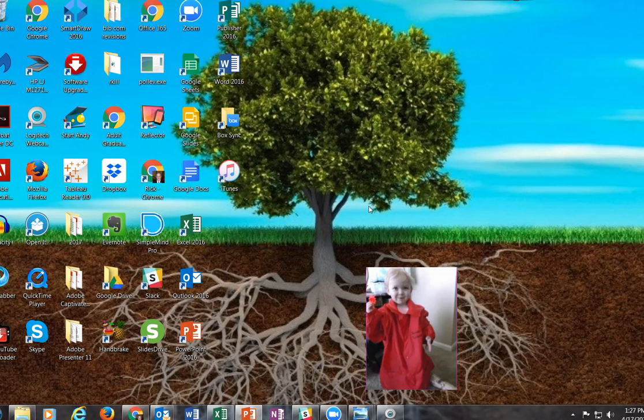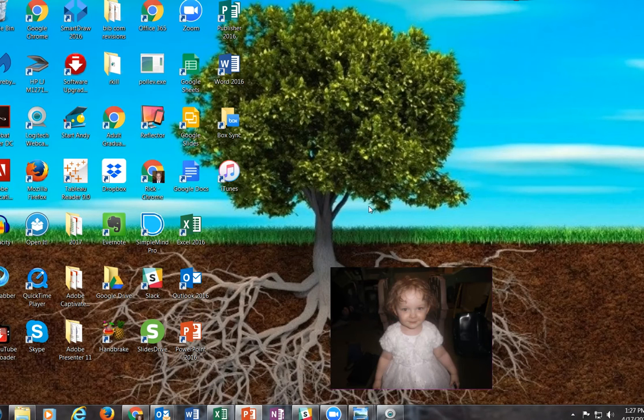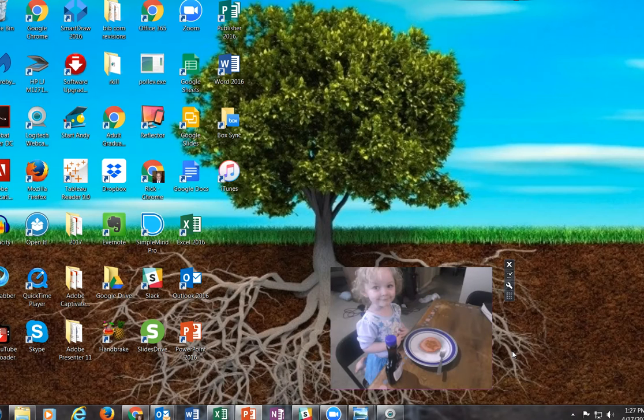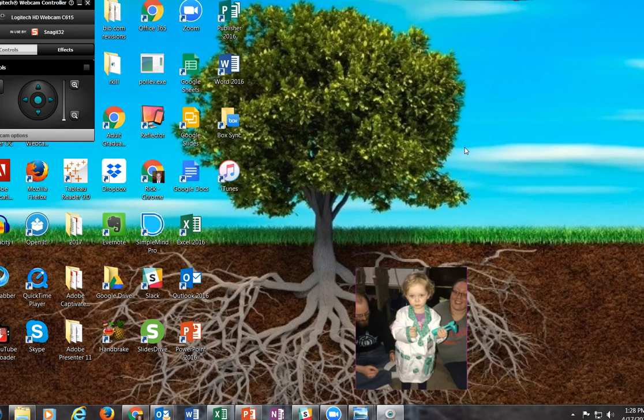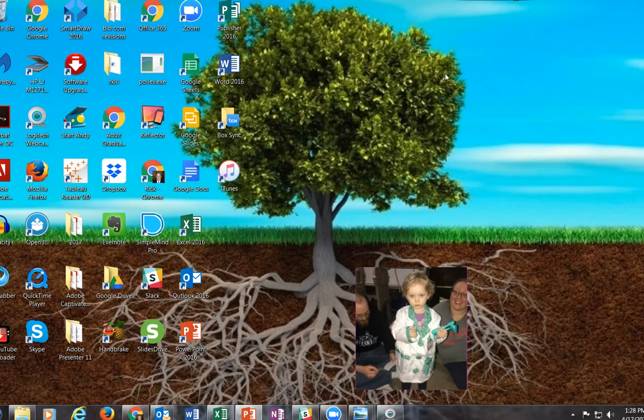My name is Dr. Rick Upchurch, and I'm going to show you how to insert a rotating picture file on your Windows 7 desktop. You can see an example of that down here in the corner, as you can see my granddaughter's pictures rotating. I'm going to show you how to do that and set it up so that you can rotate a set of picture files, whether it be for a family member or whether it be for a block of students that you want to remember their names, or perhaps a set of staff members, which is the example